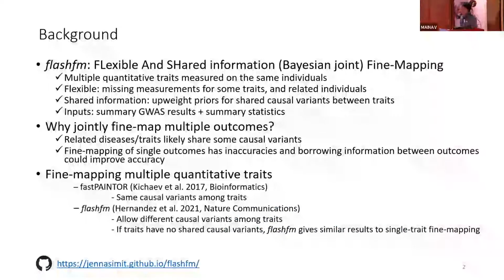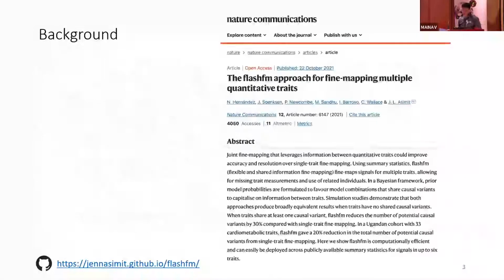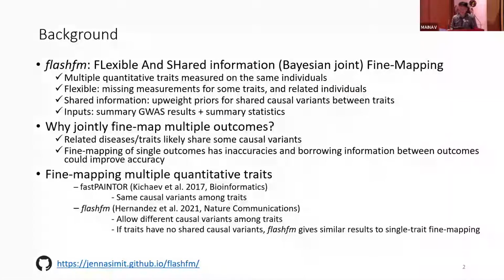So, a brief background before we demonstrate our visualization tool. Two years ago, at this same conference, Jenny presented a work with her collaborators. They named it Flashfm, which stands for flexible and shared information based joint fine mapping. We don't have the time to explain the details in this section, and you can go to the GitHub, or there's a paper you can read later. But the key message is